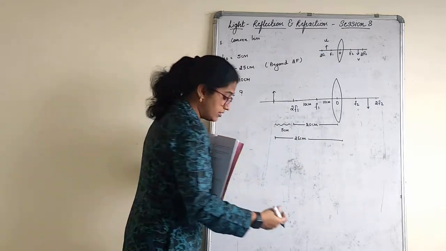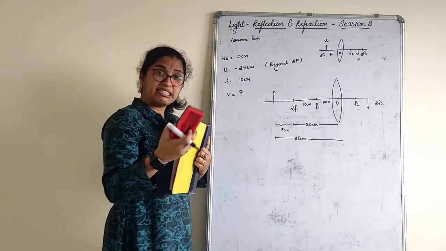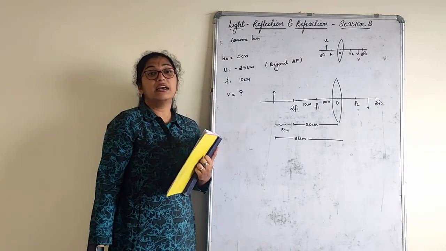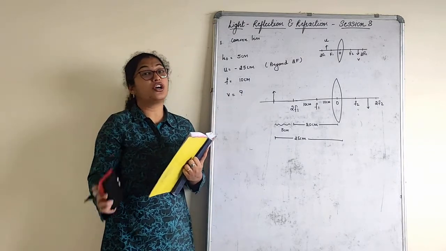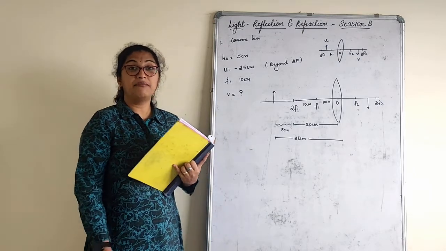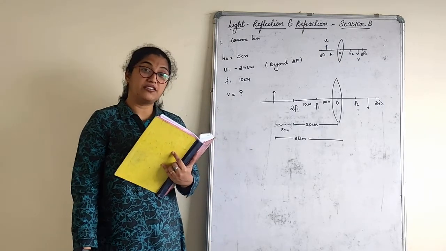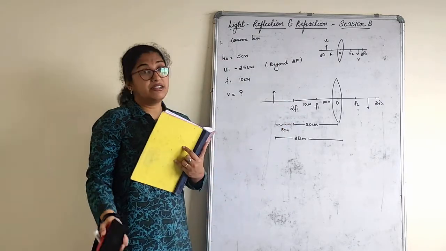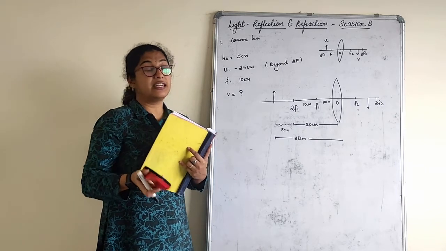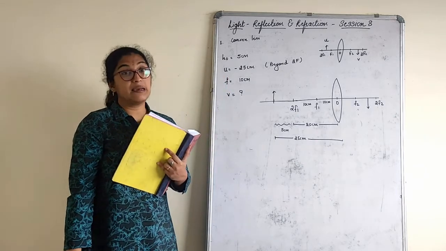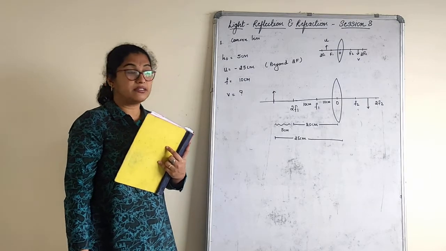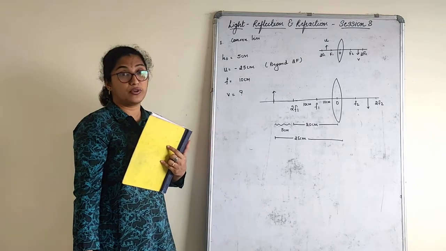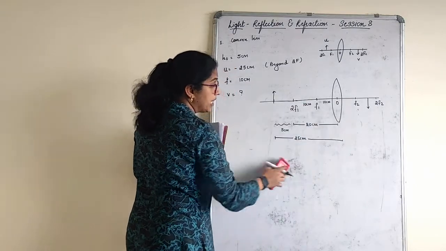Okay, now let's solve this. Again, I am telling you, you need not take exactly 10 cm. We can just mention it. But our main intention here is, if they have told us to draw a ray diagram, to draw it, should I know where to keep the object first of all? Or else if I keep it at 2F, it will be wrong. If I keep it between 2F and F1, it will be wrong. So to get an accurate ray diagram, I should know that the object is kept beyond 2F. Got my point here? This is also how they can ask you to draw the ray diagram, by giving such questions. So please make a note of this.